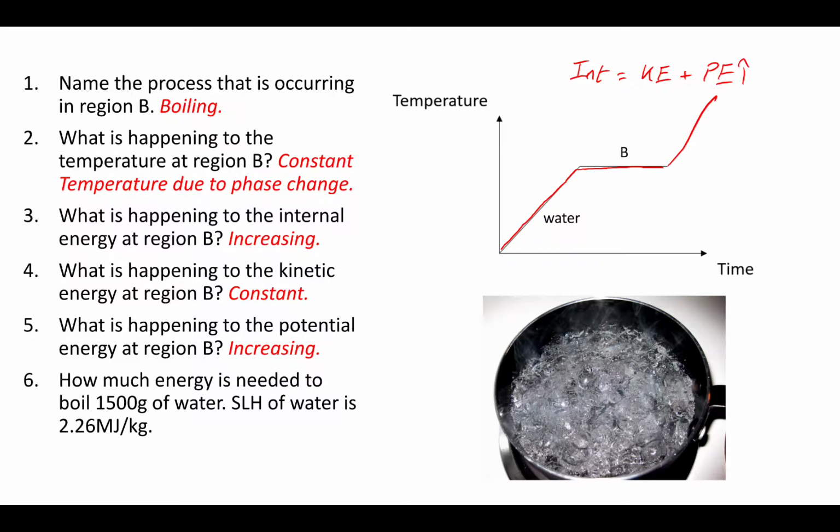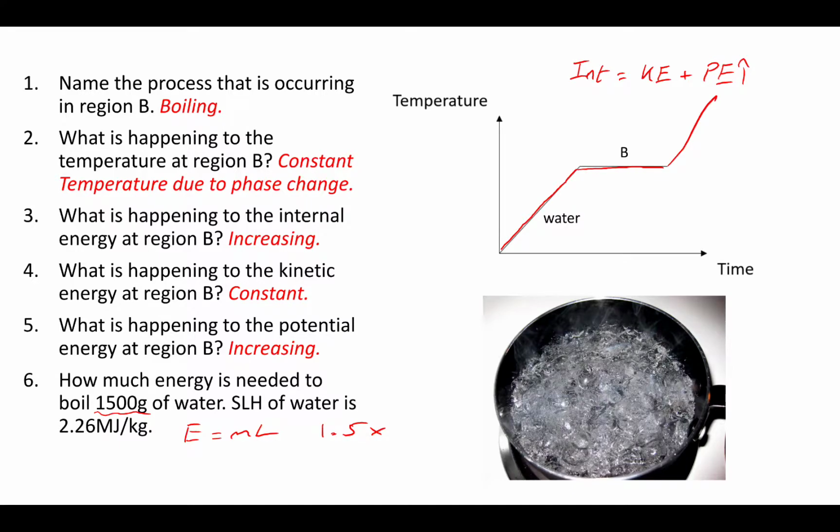Okay, last one, quick calculation. How much energy is needed? Well, energy is mass times latent heat. So we simply need to do the mass of 1,500 grams. We need to divide that by 1,000 to turn it to kilograms. So 1.5 multiplied by the 2.26 megajoules, so that's